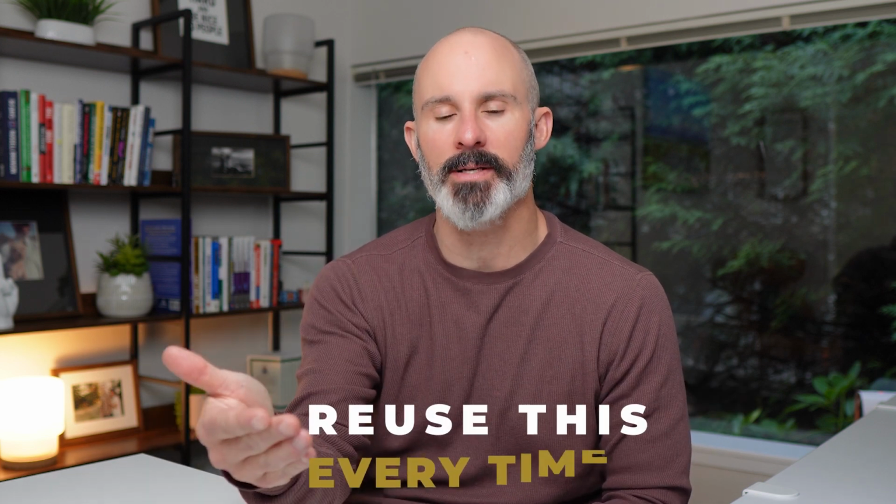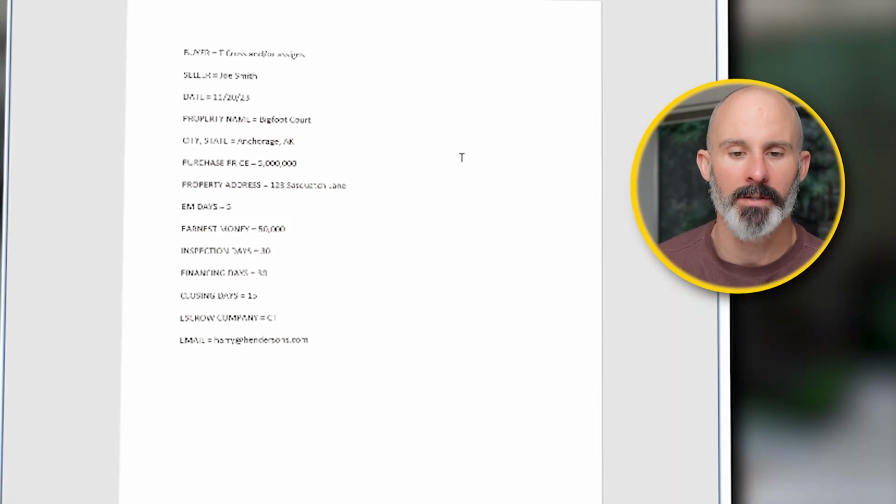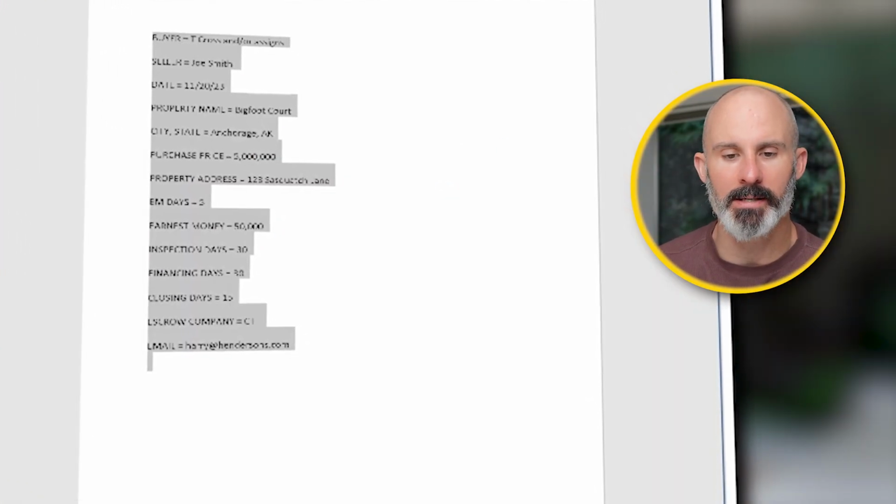Okay, now here is the information sheet. And again, I save this in Word because I'm going to reuse this every time. Here is all the things that we need to update that are in brackets in the LOI that we just uploaded in ChatGPT. So we've got buyer, seller, date, property name, city, state. Again, this is the info that you're going to use each time you draft an LOI, right? You're not going to draft the whole document. And typically what we would do is either I would draft this or I would have an assistant draft it. And we're going to see if